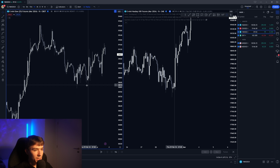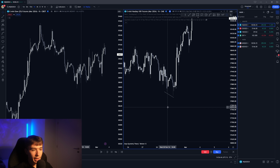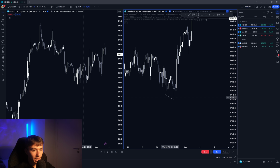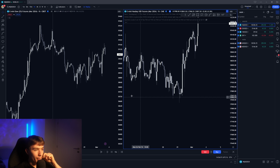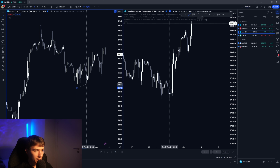This was actually an SMT, right? This was the SMT with the Dow that ended up being a sequential SMT between Wednesday and Thursday. So that can indicate the low of the week for Q4 to go higher. But what do you see here? You see here, this is the SMT, right? And look at this. Right after this SMT formed,